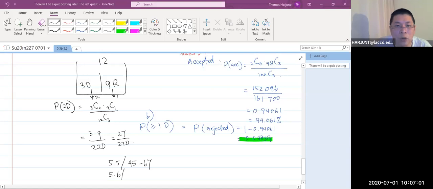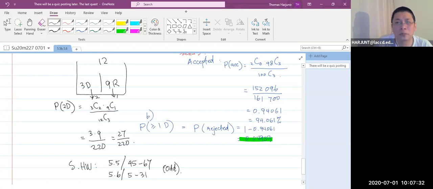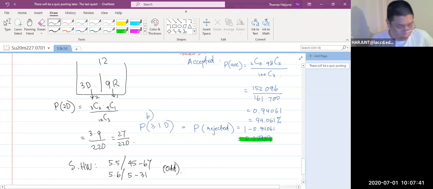Basically, I would like you to do up to number maybe 31. From number 5 to number 31. That's your suggested homework. Just do the odd ones. Now tomorrow we will go on with the new chapter, chapter 6. So try to do this suggested homework and start looking into the quiz one. The quiz, you can do question number